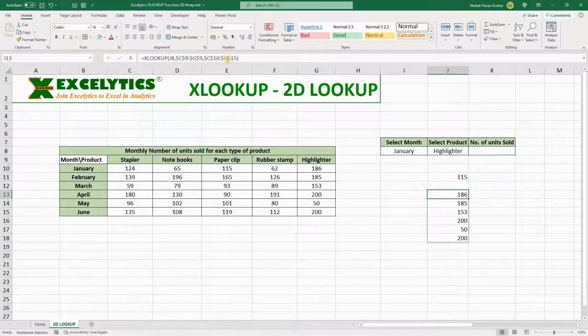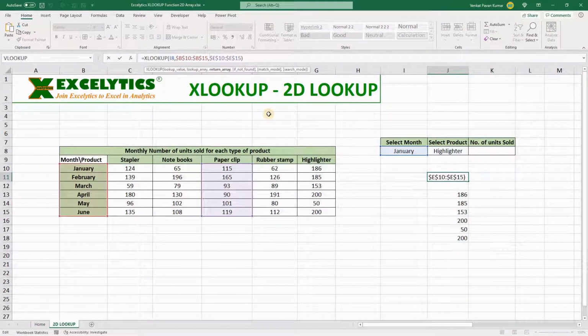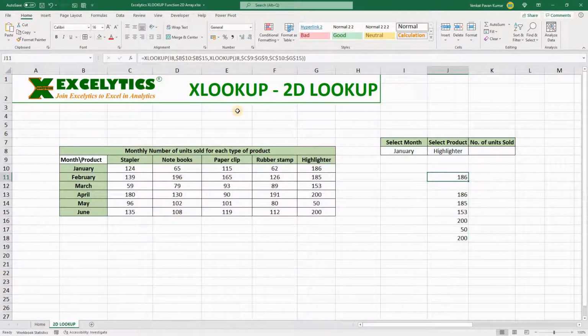Okay, so I will copy this formula from here and go to the first XLOOKUP formula, and in place of the return array I will simply paste this XLOOKUP formula. I will remove this equal to symbol from here and hit enter. Now we are saying for the month of January how many highlighters have been sold. It says 186, which is perfect.